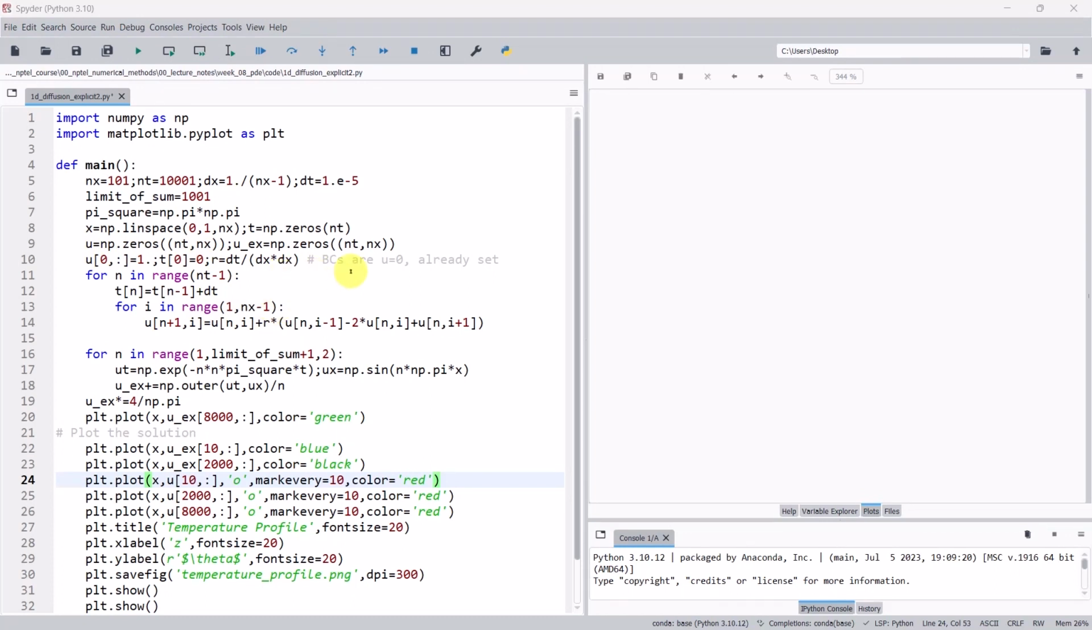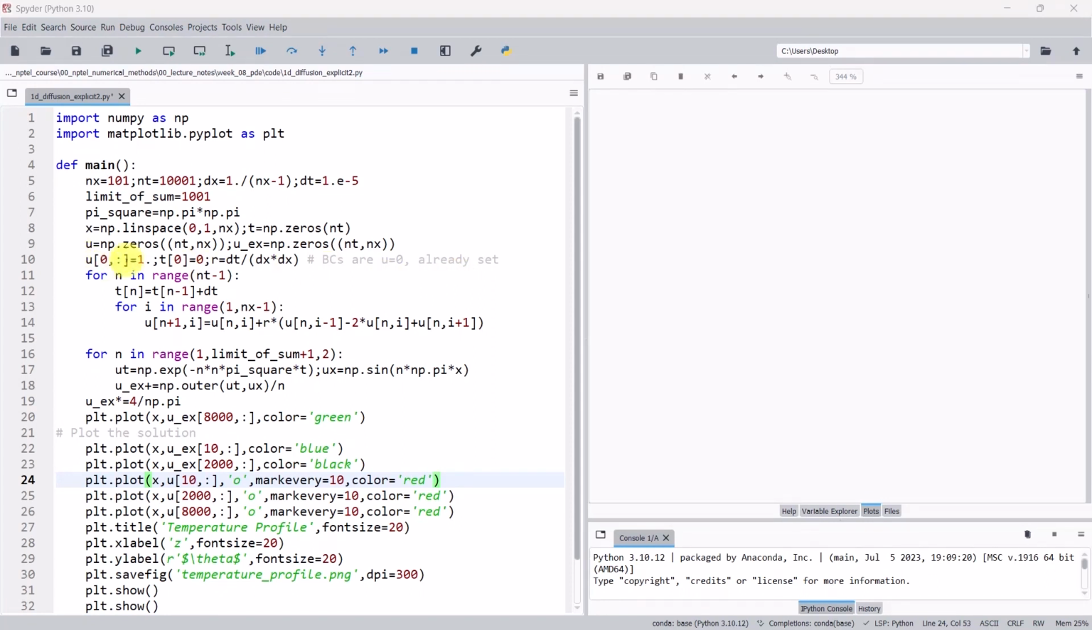So that is why I didn't write it. But this is of course not a very good programming practice. It's better to specifically write the boundary condition. So that is why I have noted it here, that boundary conditions are u equals 0, which are already set